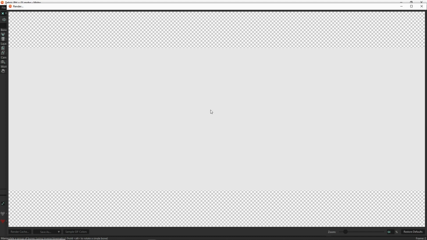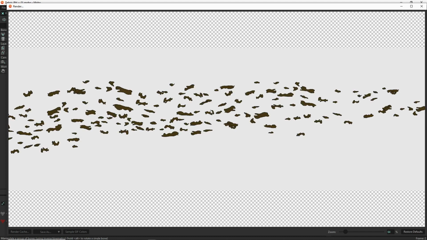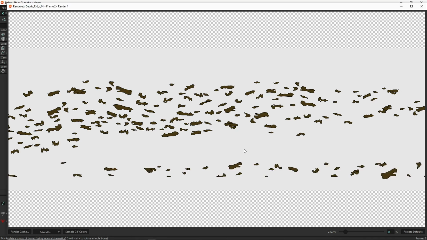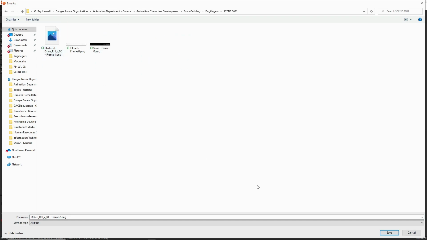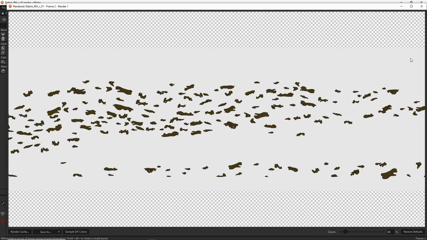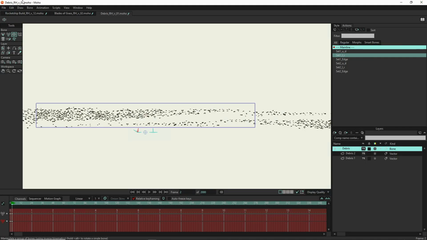And as you can see, there's a lot of debris, a lot of little objects there. It is going to take a long time to render. And this applies also when you're animating. The more objects you have in your animation work, the longer it's going to take to render your final project. If you take static items that don't get animated and capture them like this, and then save as a PNG, and we're just going to go into scene 1, and now we're saving our debris. So we can close this, and then we're going to open up the next object,